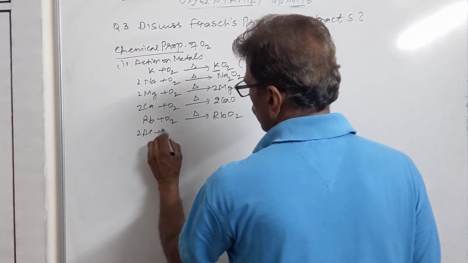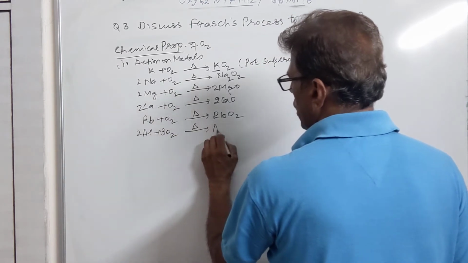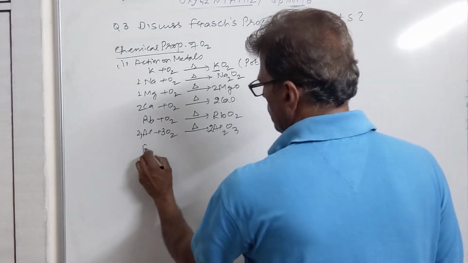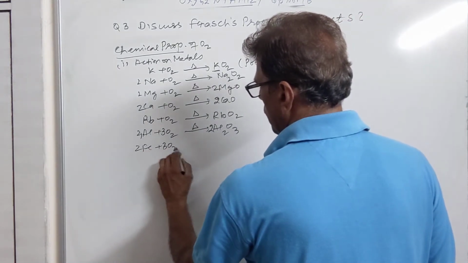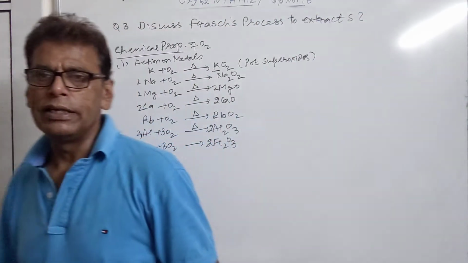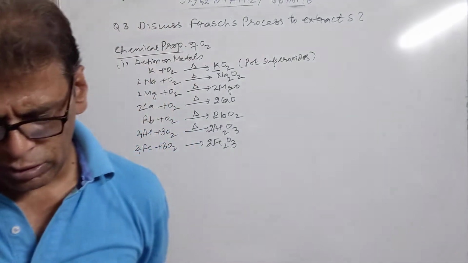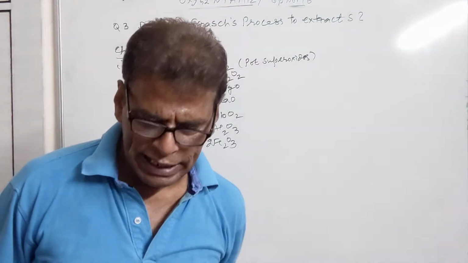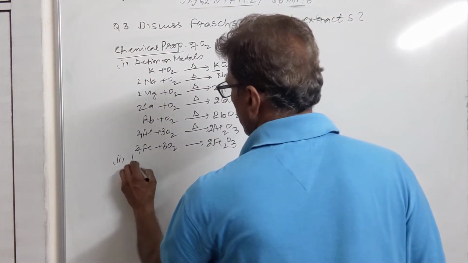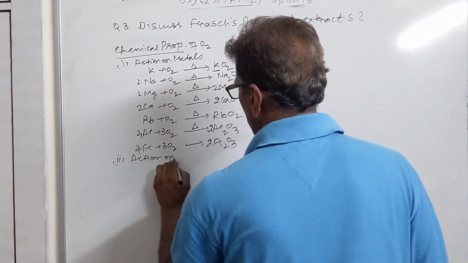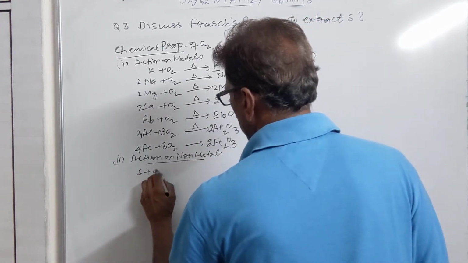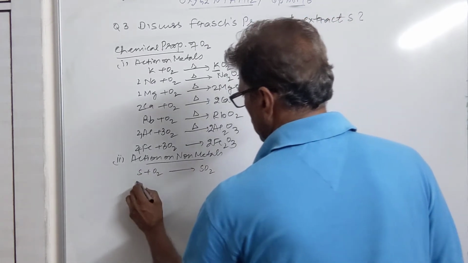Similarly, aluminium can also combine with oxygen to give you Al2O3. Iron can combine with oxygen to give 2Fe2O3, ferric oxide, and hydrated Fe2O3 is also called rust. All of these oxides are basic in nature. Then we come to the action on non-metals. All of the non-metals combine with oxygen forming oxides.